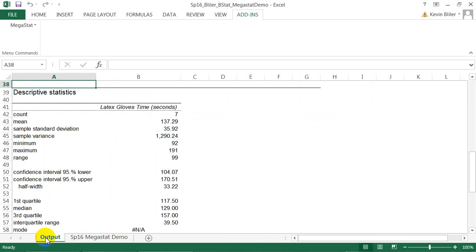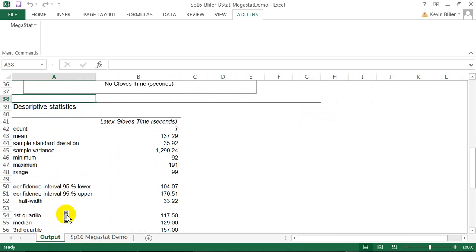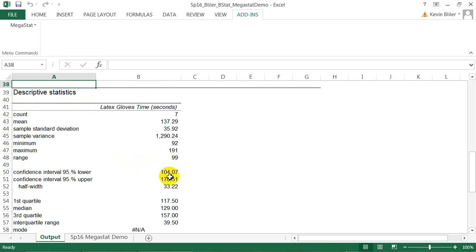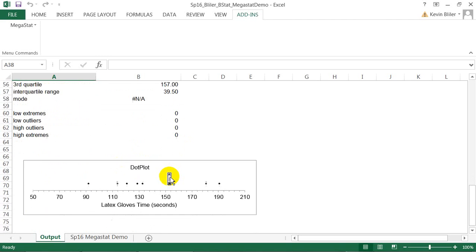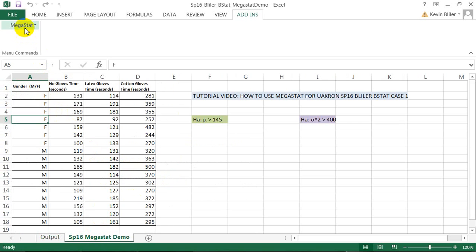We'll wait till it completes calculation, and it'll go to that output tab. Because we already have an existing output tab, it appends the new information on the bottom of that. Here we have the mean for the female subset of latex gloves times. That's 137.29, corresponding confidence interval, and dot plot down here. So our next step would then be to repeat that again, go to Megastat, and run the same process using only the male sorting times for each of the three sorting times, and that would complete the Megastat analysis for